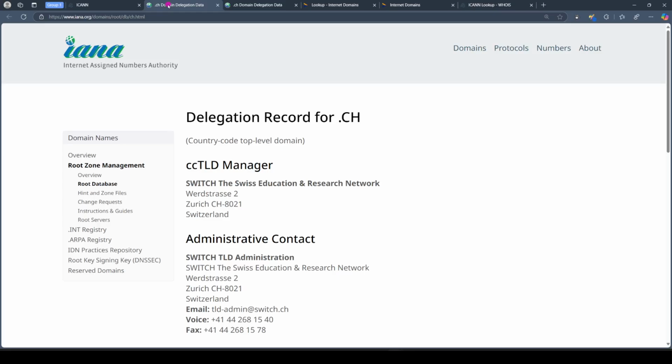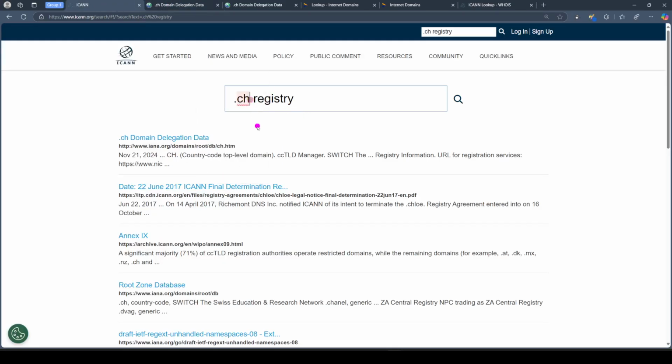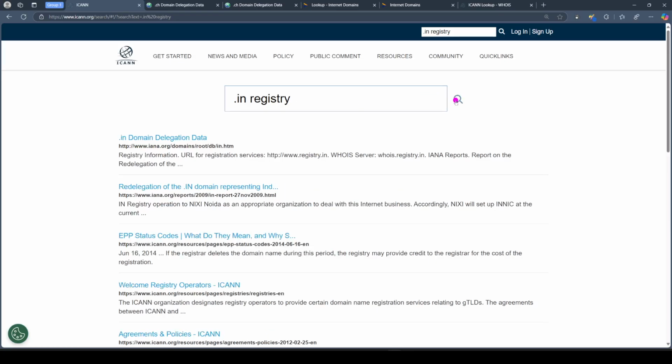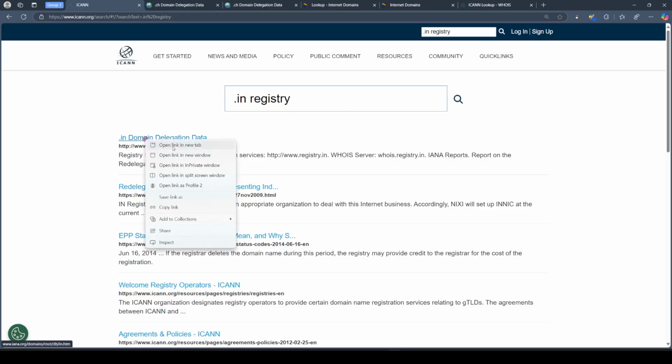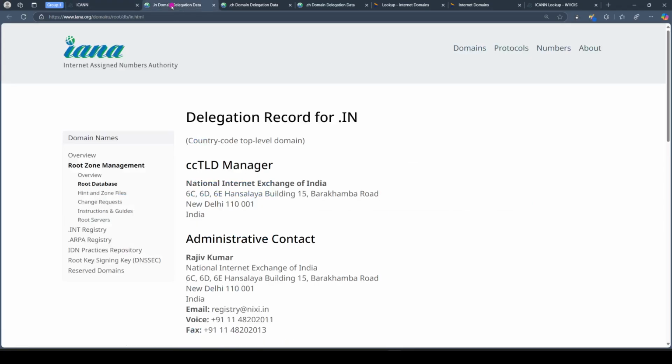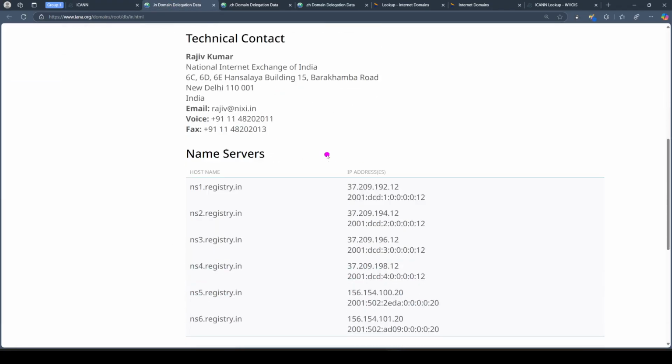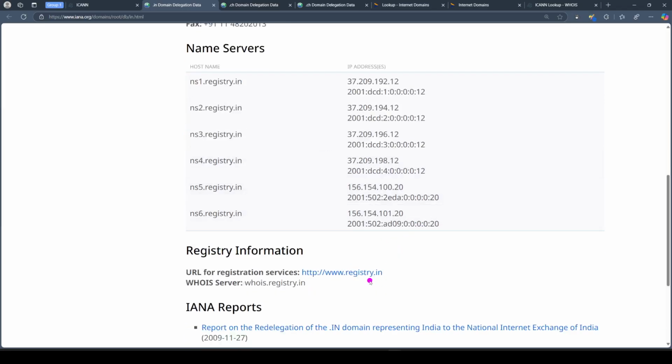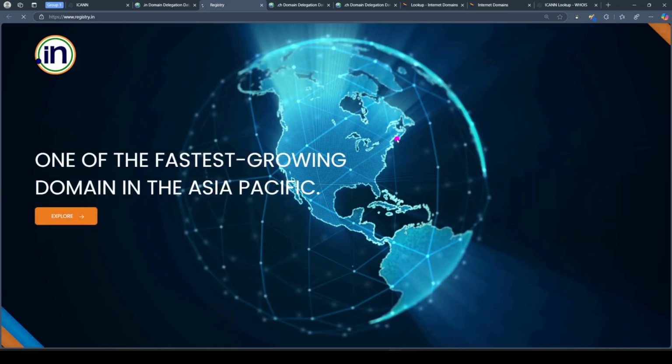Similarly, now let's say, for example, I have something called a .in domain. I don't know who the registry for .in is. So click on search, then .in delegated data. Then this is .in. The registry for this one is registry.in, www.registry.in. So if you go to www.registry.in, you can look for, for example,